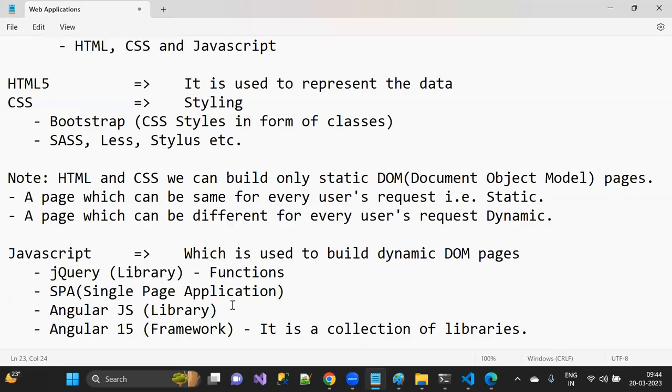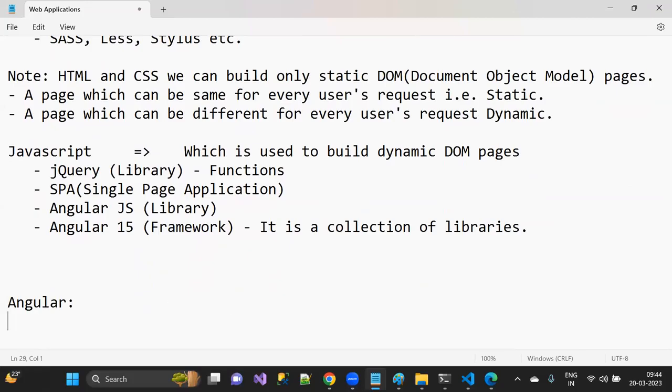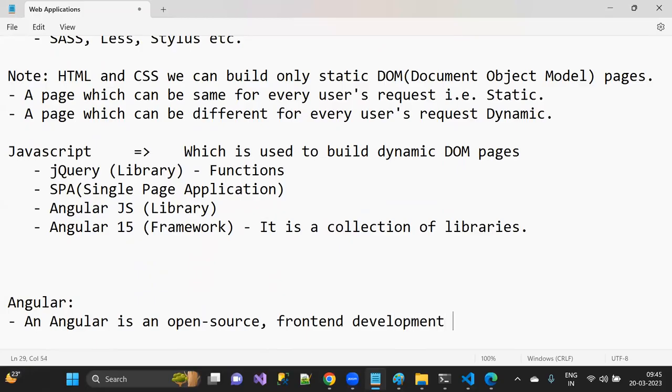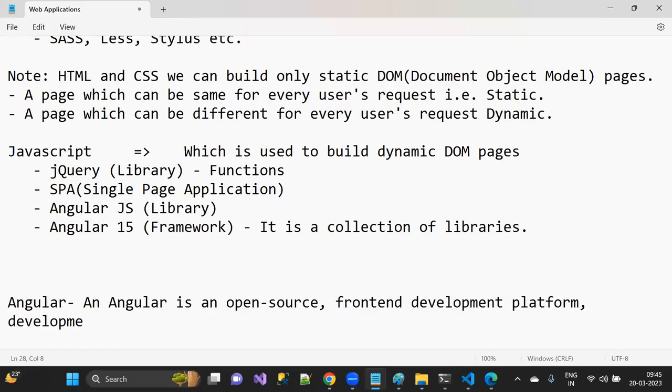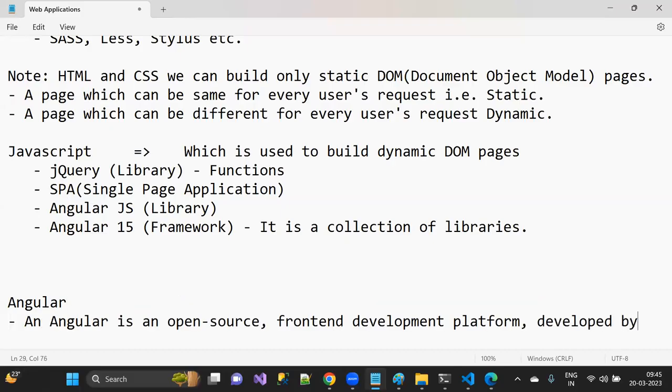The exact definition of Angular is: Angular is an open source front end development platform developed by Google,